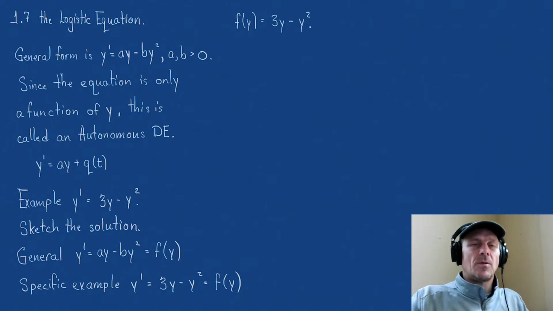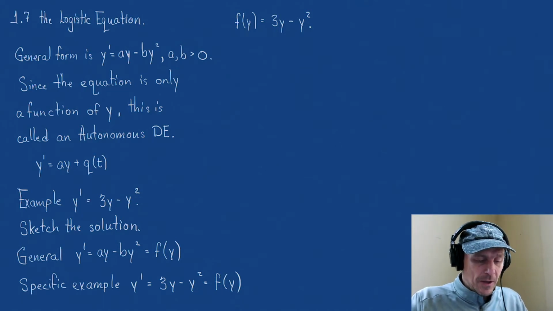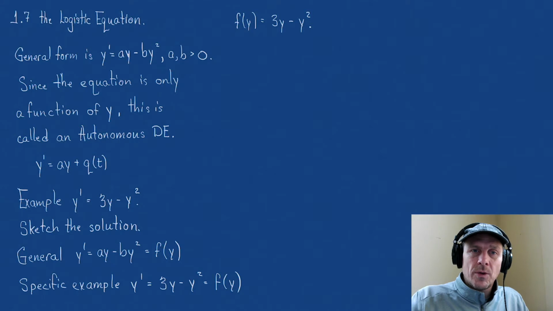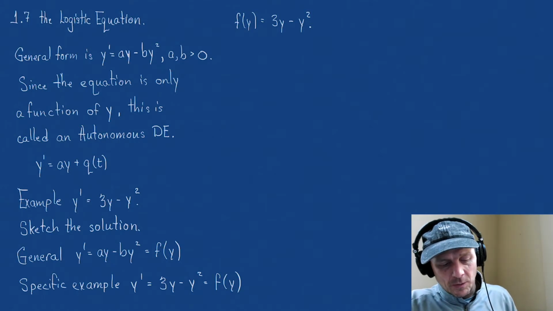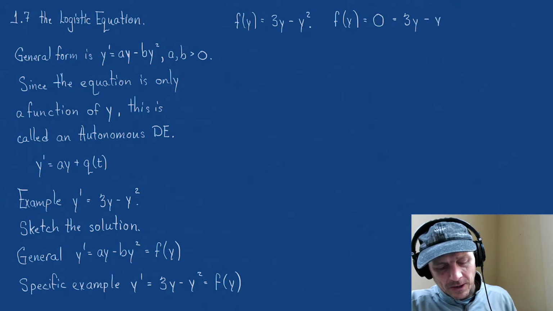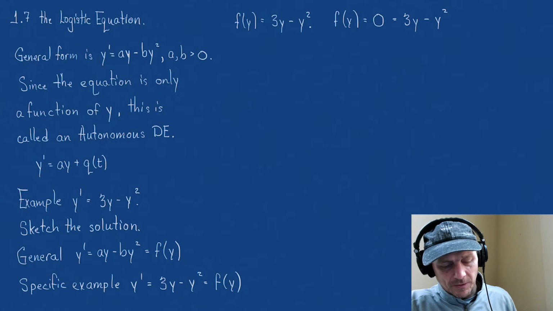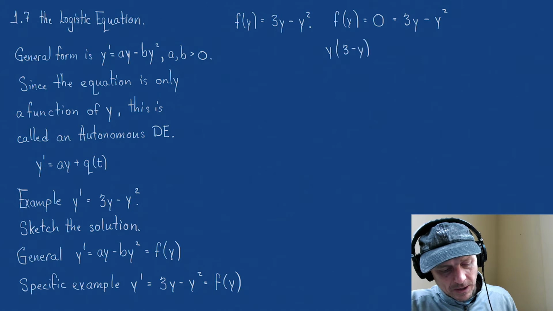And it's with this f of y that we can actually understand y, the unknown function. Notice that f of y represents a derivative. Let's start looking for roots. The roots are when f of y is equal to 0. All right, let's find out when that happens. 0 is equal to 3y minus y squared. I'm going to factor this: y times 3 minus y equals 0, and that gives me solutions of y equals 0 and